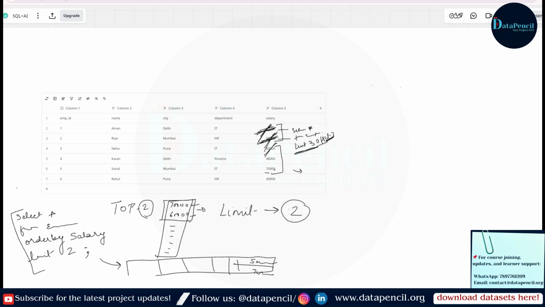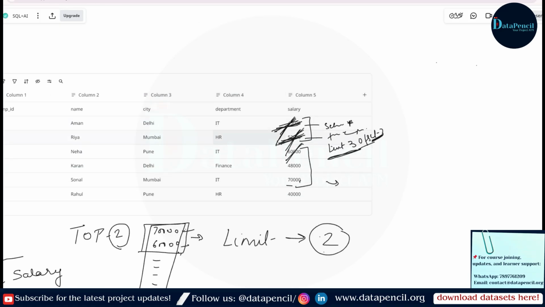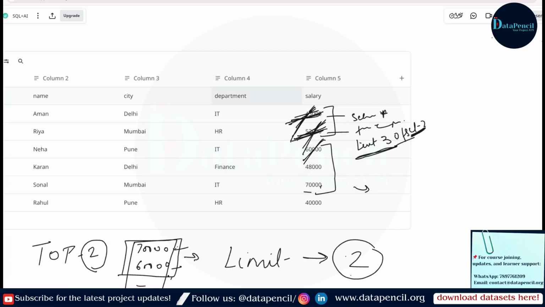Now, we have already discussed the distinct part. Distinct means we want to see the unique values only. Suppose we are talking about the department, and we have imposed distinct on department. If we have written distinct department, it means we will see the unique values only. So in our result window, we will see IT, HR, finance. It means we have a total of 3 departments. We will not see these things in a repeating manner. It gives us the unique value.